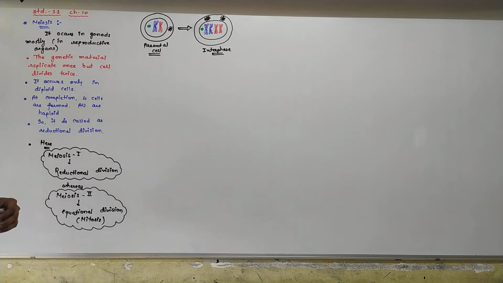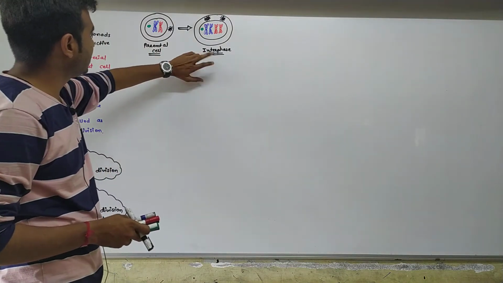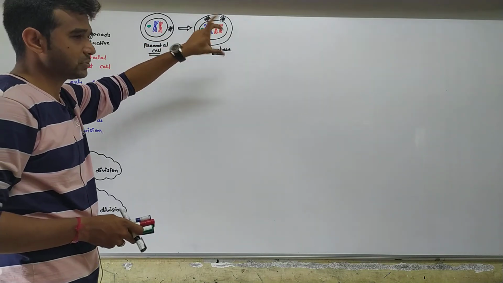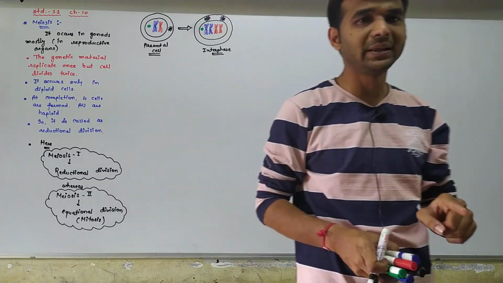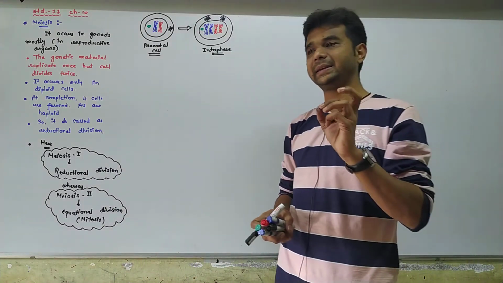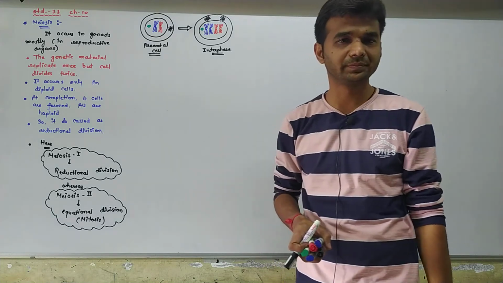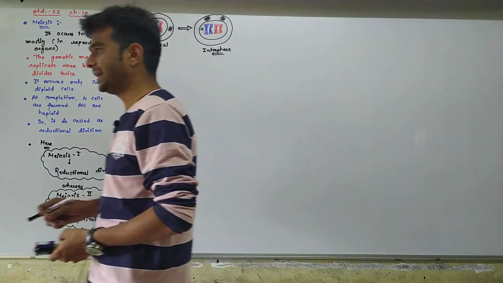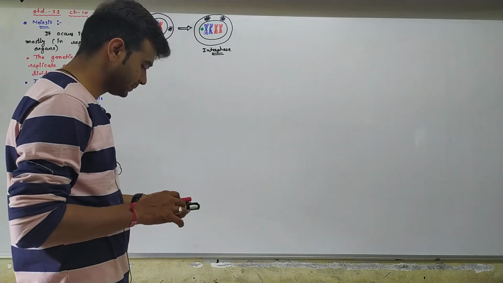Now see, from parental cell to interphase stage. In the interphase stage, you know that the chromosomes become double. Actually, I told you earlier, I will tell you right now, same thing. DNA is replicated, but there is no change in the number of chromosomes. So here the genetic material becomes double, as well as the centriole also becomes double.